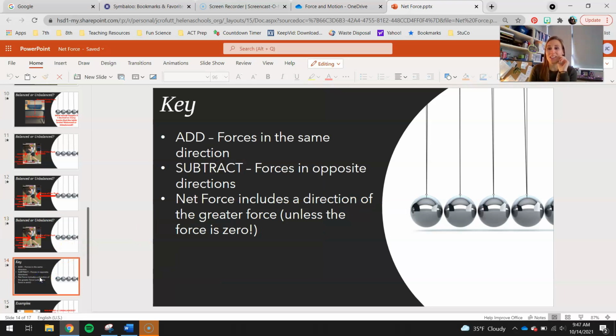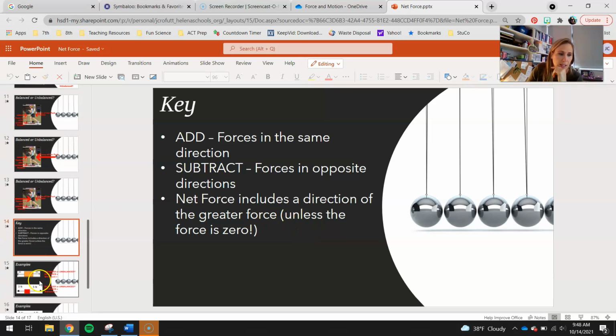Okay, here are some keys for you as you calculate these net force problems. If you see forces or arrows in the same direction, you're going to add those forces together first. If you have any opposite arrows, then you're going to subtract those second. If they move in opposite directions or point in different ways, subtract those forces. Your net force is going to include a direction that points to the greater force, so right, left, arrow,